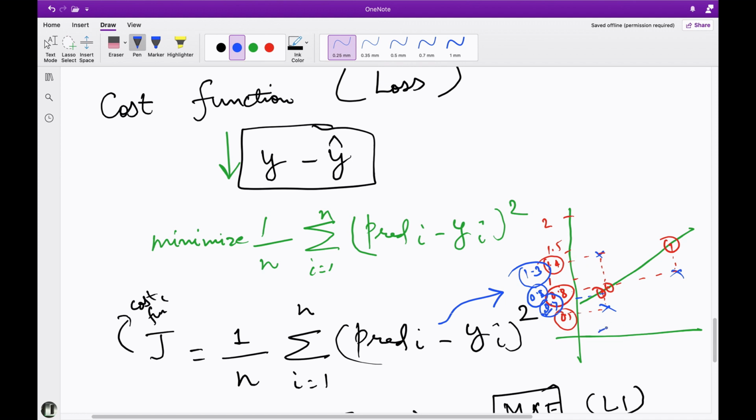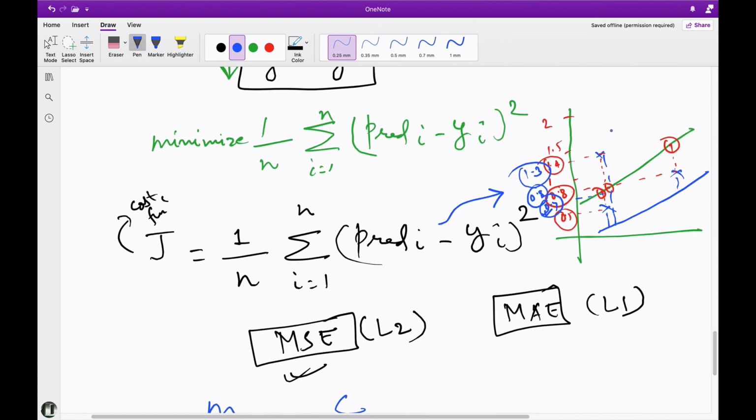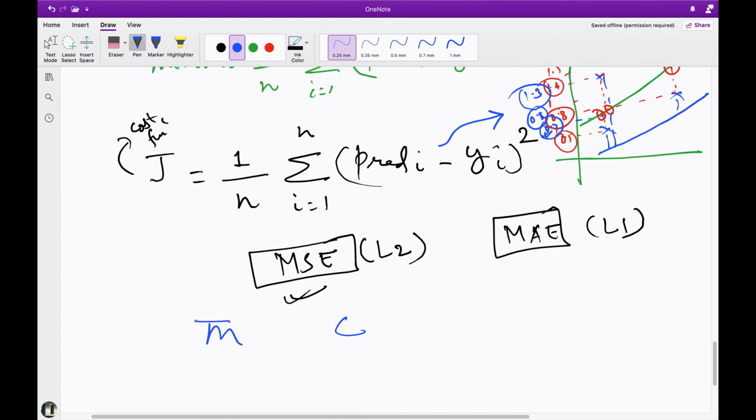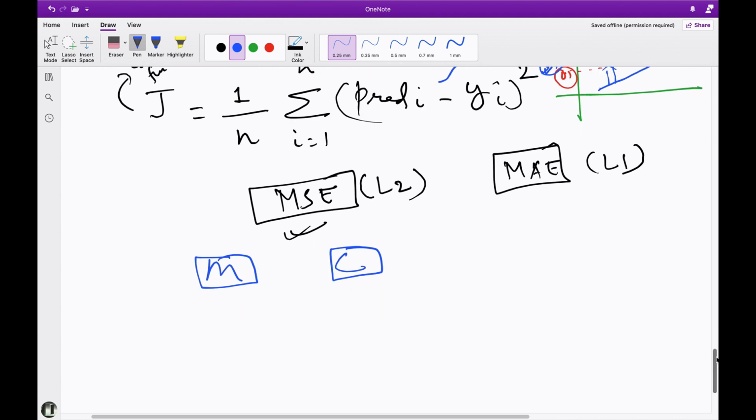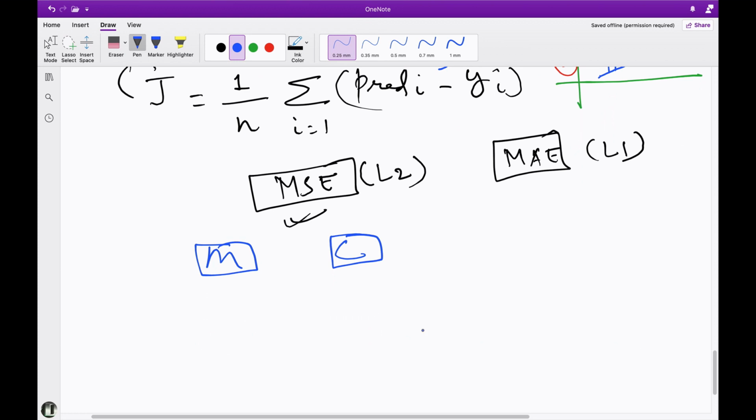Consider the same plot. Hypothetically we can have this other line, but in this case our error will be more, right? For these 2 points the error is less, but for this third point it will be very large. So the total error, the average error, will be more, and the cost value will be more. This is how it goes through an infinite number of points and then chooses the best line. All this happens because we keep on changing the c and m values and checking this cost function, this loss. In the next session we will go ahead with gradient descent.